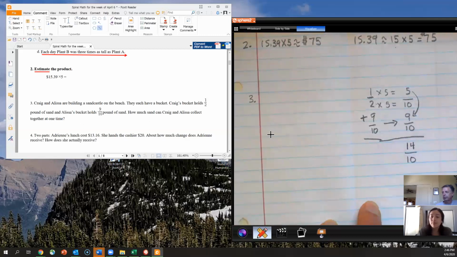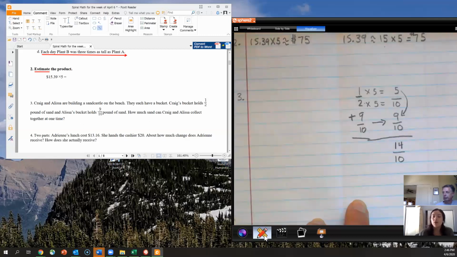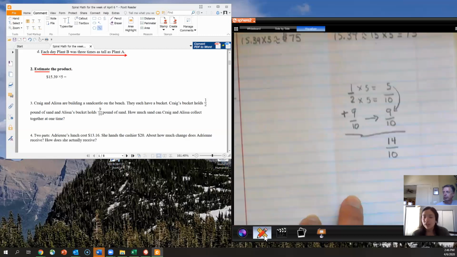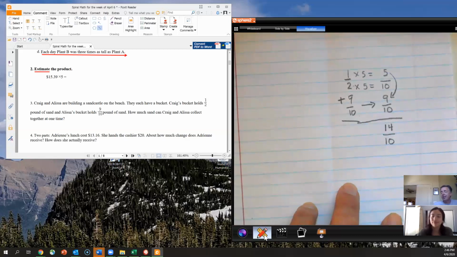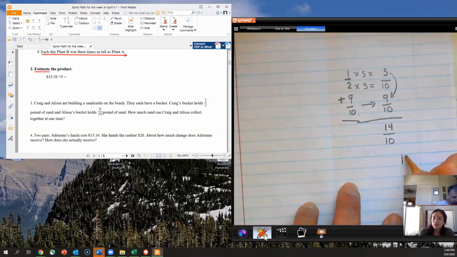But boys and girls, remember, we want to be simplifying all of our fractions. And Mr. Yates, do you think that that is simplified? No, this is an improper fraction, so I know right away that this needs to be simplified. So boys and girls, how we are going to simplify that is we're going to divide 14 by 10, and we're going to create a mixed number. And so when you divide that out,